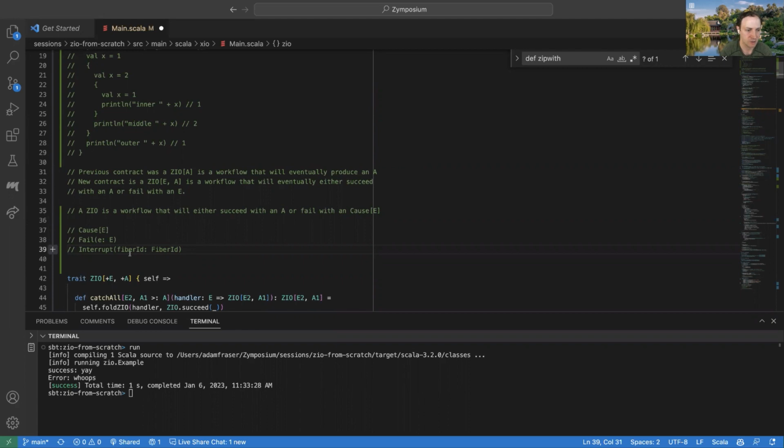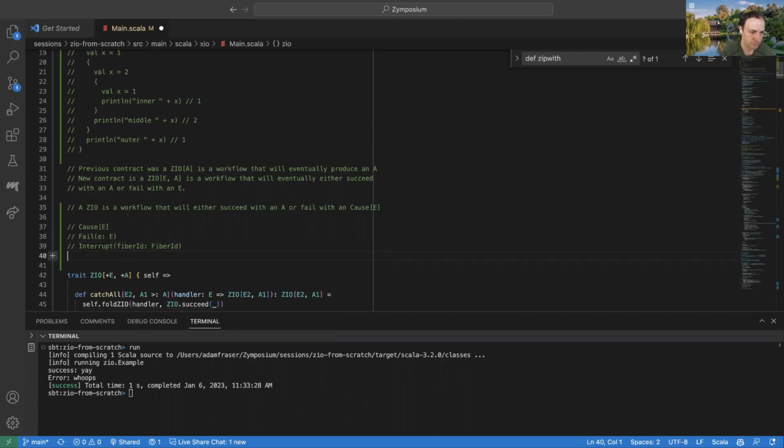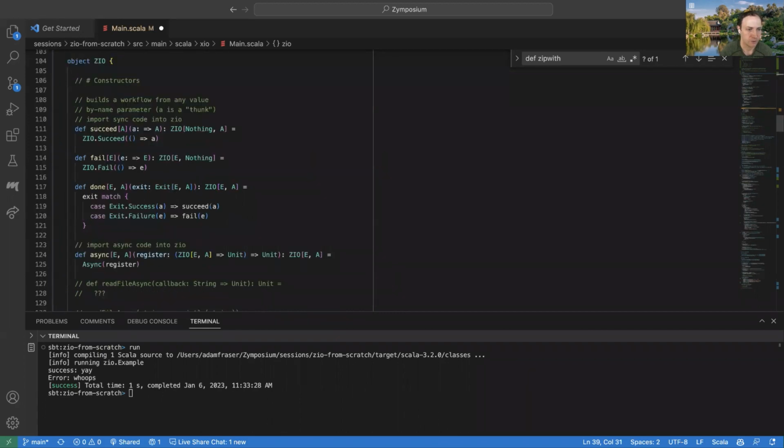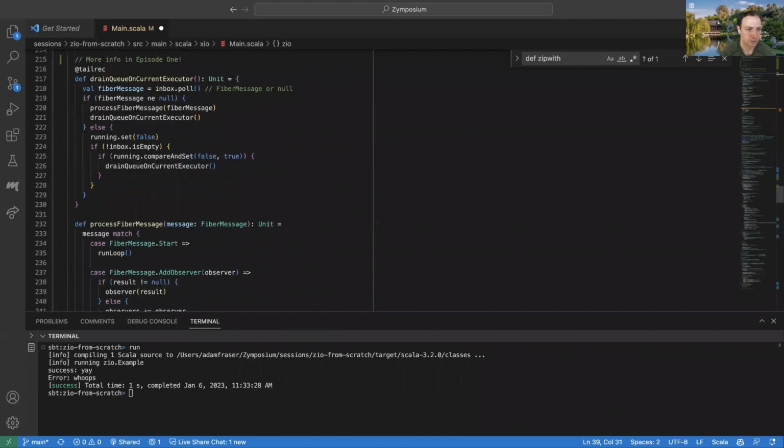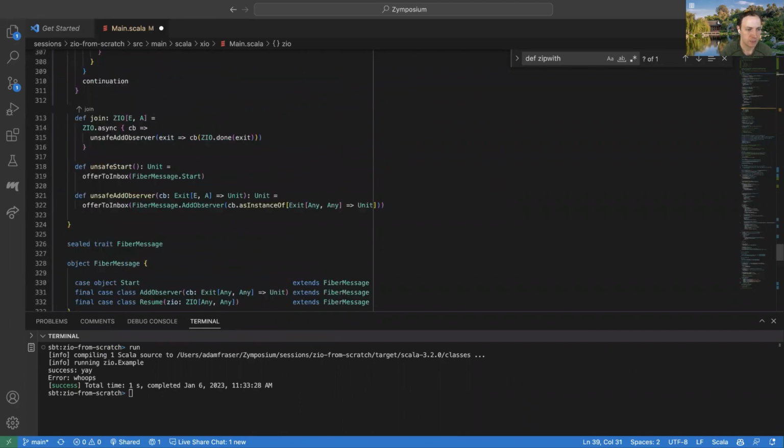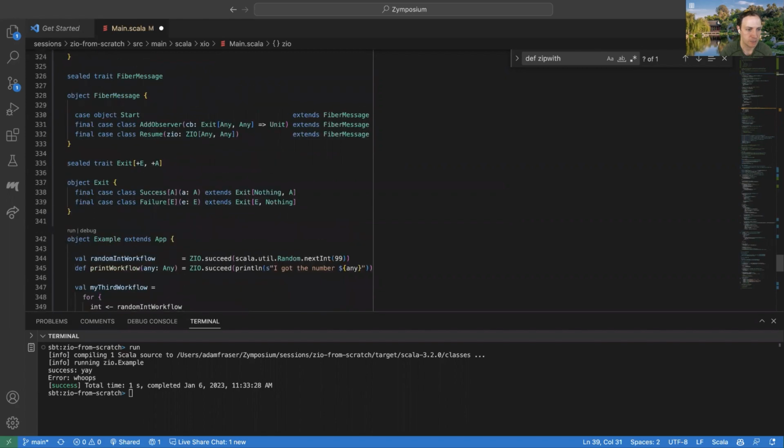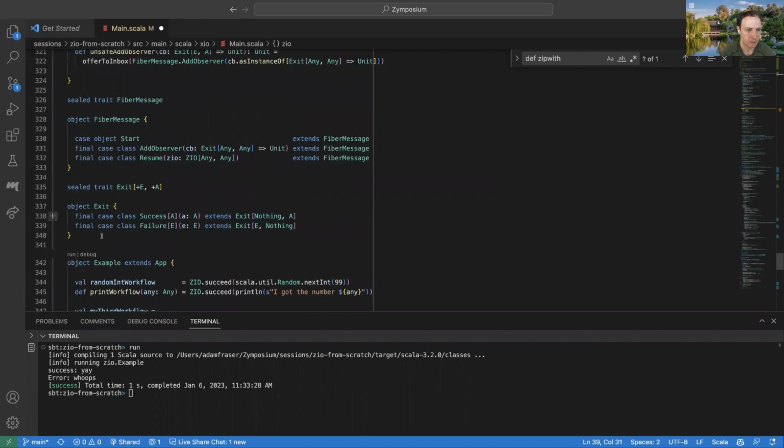So let's start working through how we would implement that. The first thing I'm going to do is find some space down here. We already had this concept of an Exit. The Exit represents all the possible values that one of these ZIO workflows can terminate with.